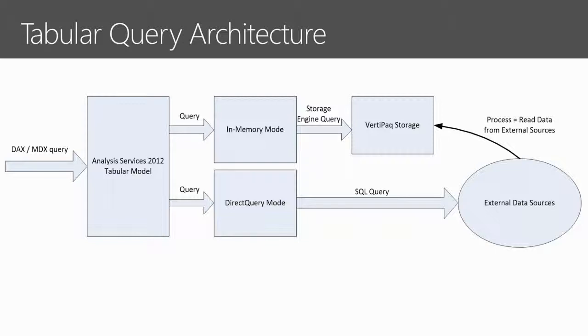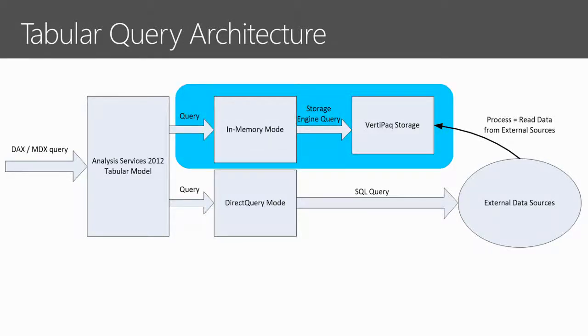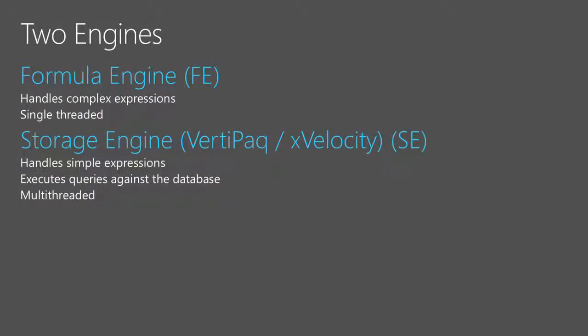And when you work in memory, the VertiPaq storage engine executes the storage engine queries and provides the information to the formula engine that solves the query. So this is the area that we analyze. In this area, we have 2 engines, the formula engine and the storage engine. Talking about this, I could talk 2 or 3 days just describing what these 2 engines do. But fundamentally, the idea is very simple. The formula engine understands DAX, analyzes DAX, creates the query plan, and asks the storage engine, please give me this column, give me this column aggregated by this other column.